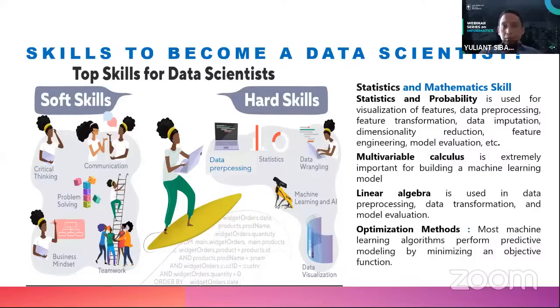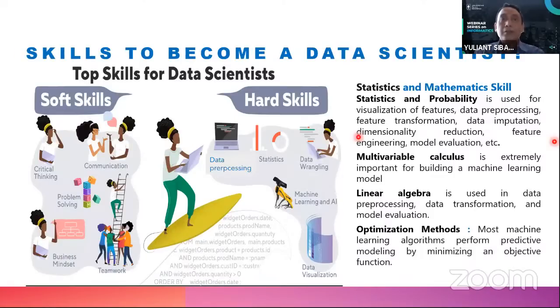There are areas that are important to study, namely statistics and probability. With statistics and probability, we can use them for visualization of features, data preprocessing, feature transformation, data imputation, dimensionality reduction, feature engineering, model